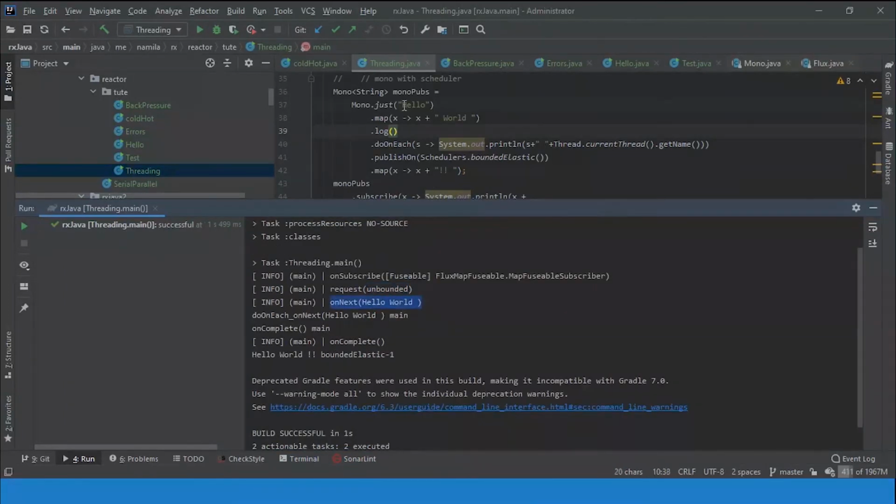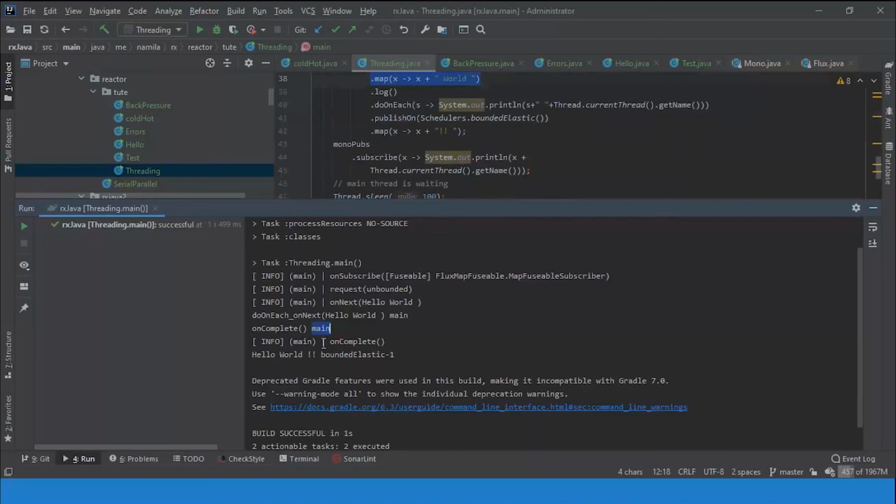Then this hello world is emitted on the main thread, and it will complete on the main thread, but this consumer execution and this map execution will happen on the bounded elastic. We had two boundaries. We will add